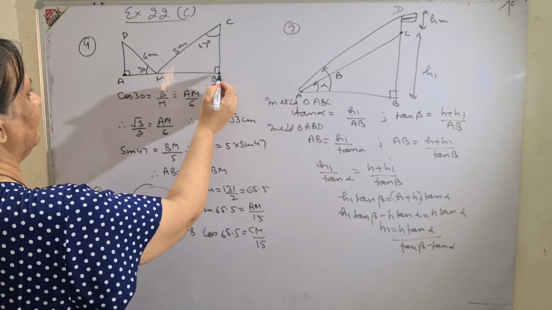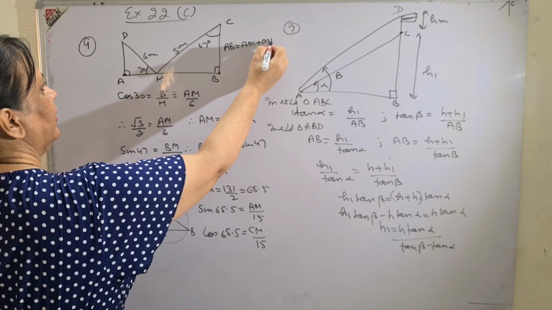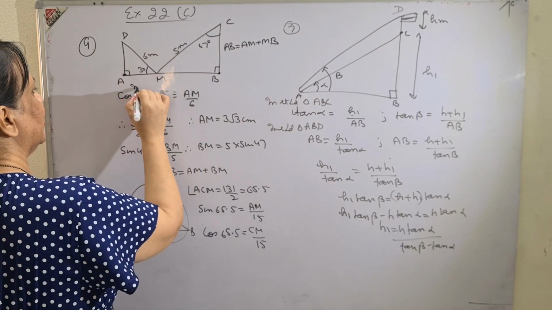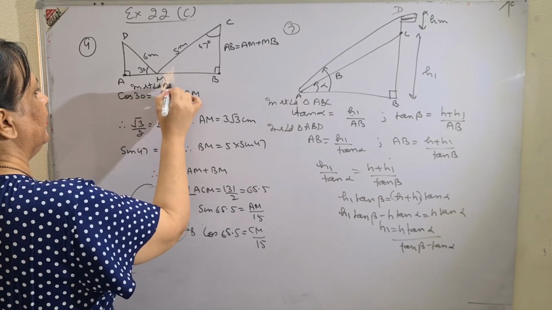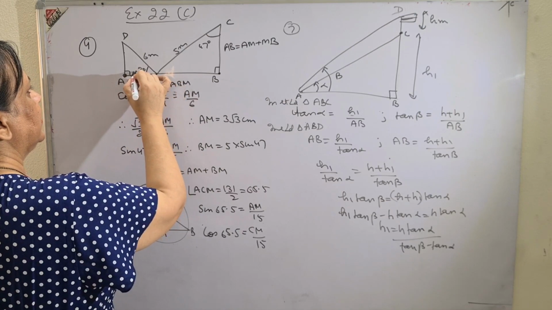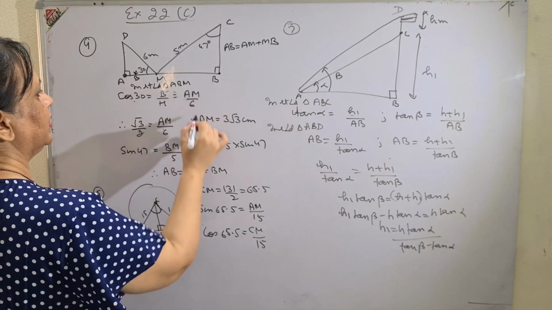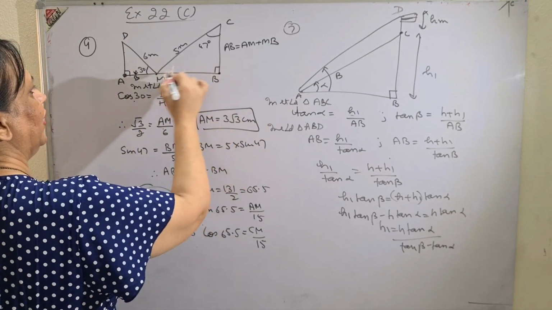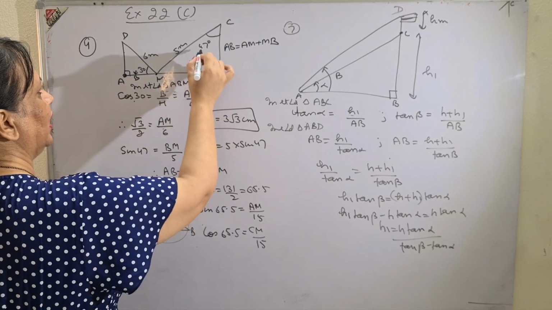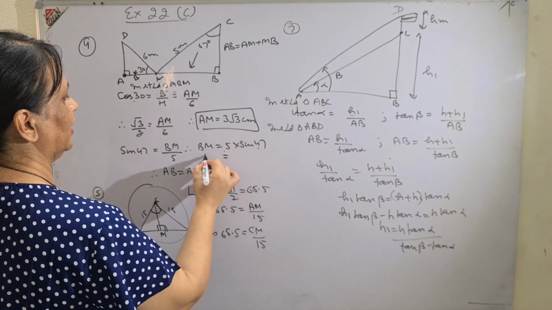A figure has been given, so you know that AB will be AM plus MB. Accordingly, I will take the right angle triangle ABM. Please mention the names of the triangle. You have to find AM. The adjoining side is always the base, so base over 6 means cos 30, and this is your AM. Similarly, when you have to find BM, the side opposite to the angle is the perpendicular, so sine 47 is equal to BM upon 5, and 5 into sine 47 will give you BM.